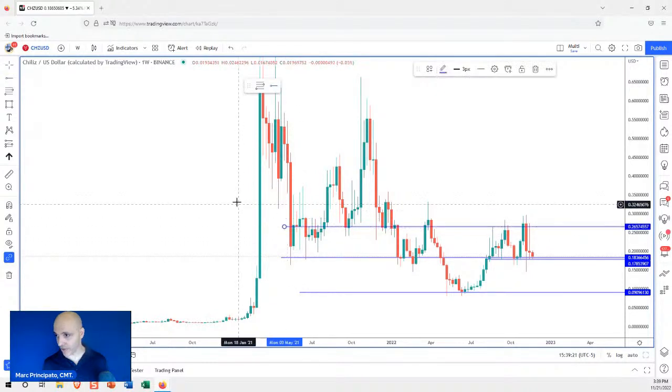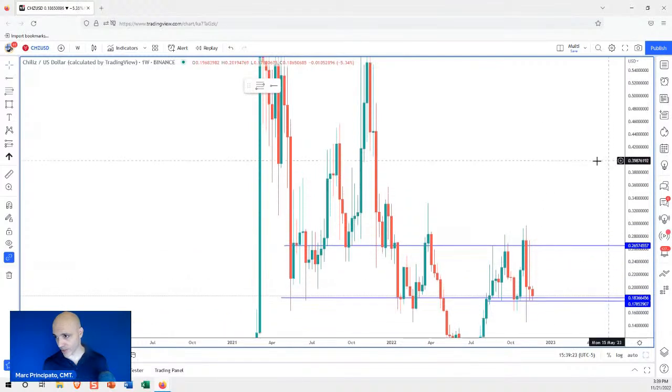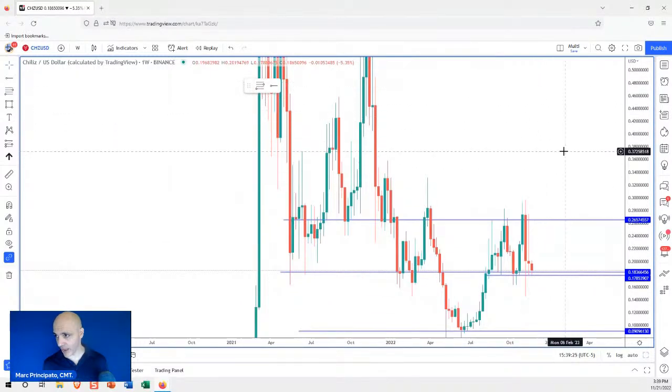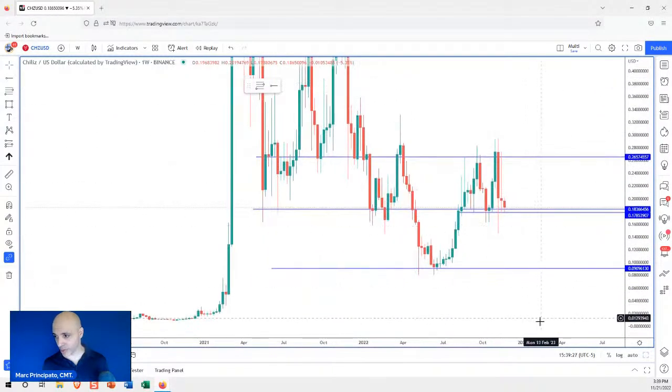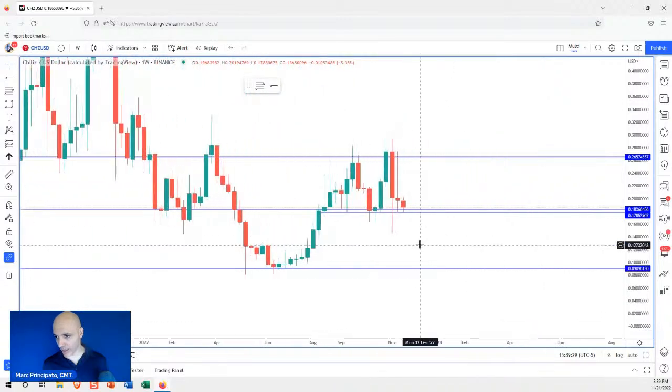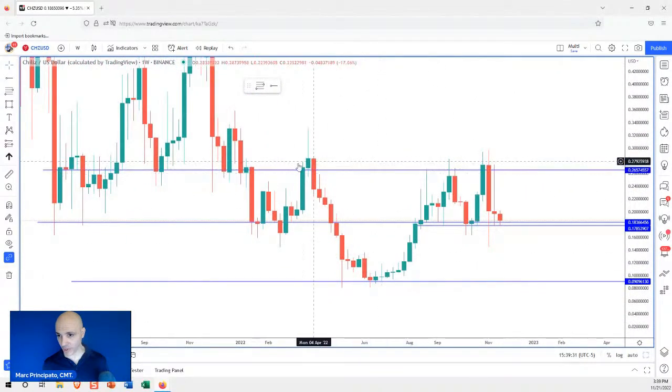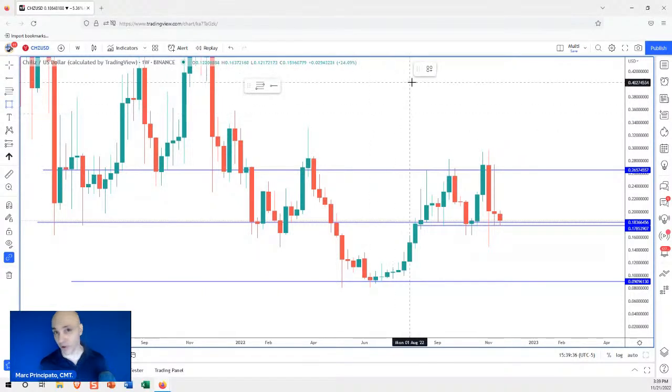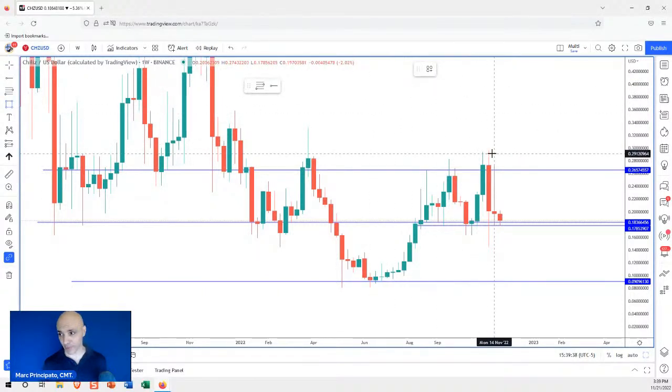Right about there. There's no exact way to draw those horizontal lines, by the way. A lot of times I like to look at average areas. So sometimes I'll draw a midpoint between two areas, or I'm looking at the tails and I'm basically trying to average it out, because markets are not perfect. They're very messy and random.